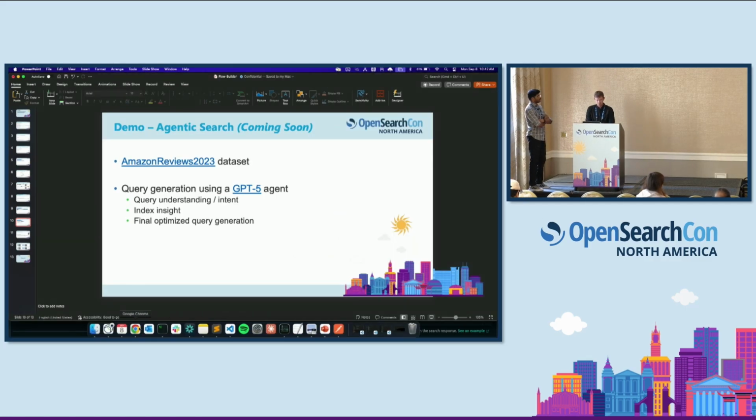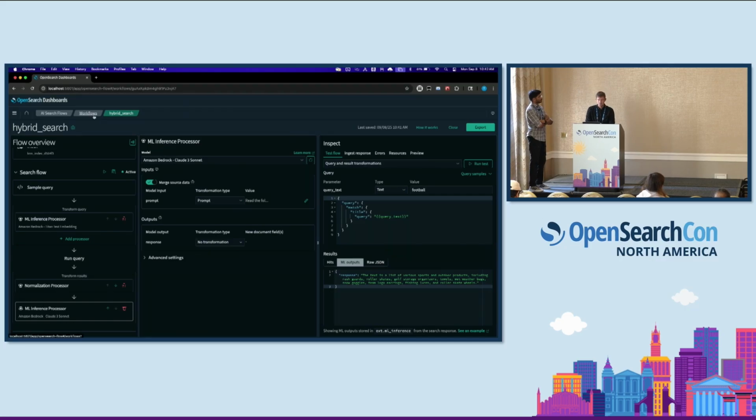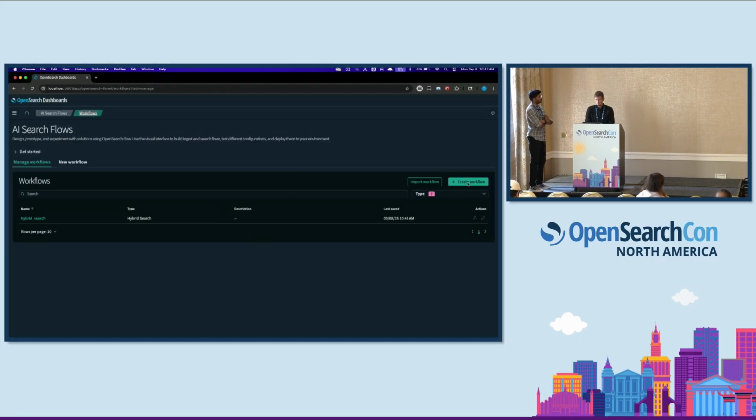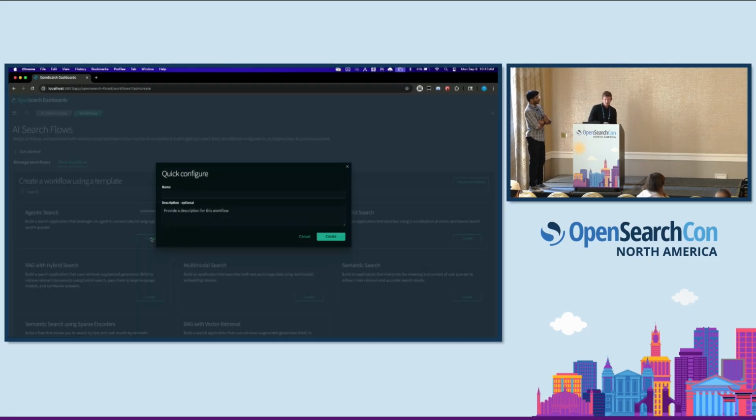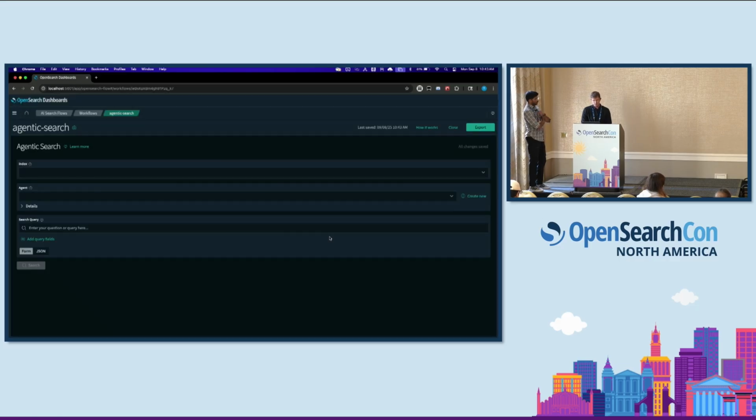Cool. So from the home page, I can go to create workflow. I can then select agentic search. And then from here, I'll first just show the minimal required inputs, and then we can go into a bit more depth on what we can configure and what we see for the future for this. So this is a bit different layout. It's less focused on the ingest side, less focused on the individual pipelines, and more on just configuring different agents